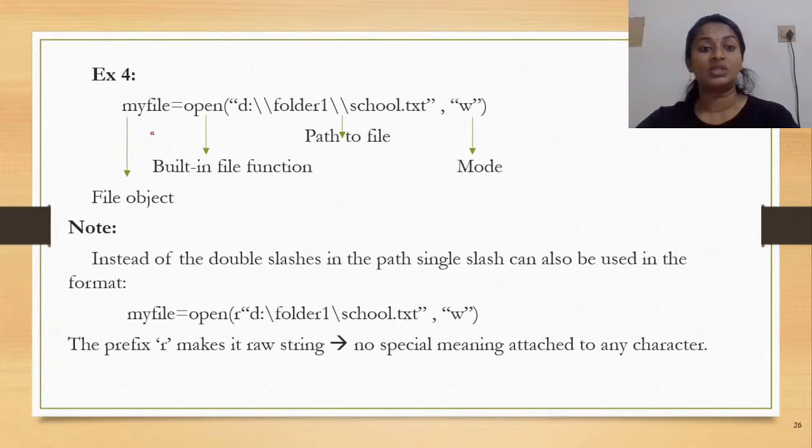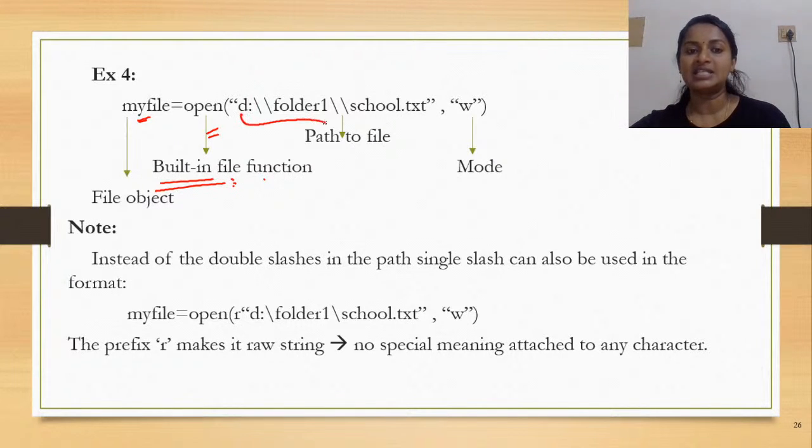So let's get back to the next example, wherein I have written the same example with the path and then dissected it to show what exactly each part points to. Okay. Now this is the file object. Open is a built-in function, a function with respect to the file operation, so hence the name file function. Then you have the entire path of your file and then the mode in which it is going to open. Now see here in the path, as I told you,